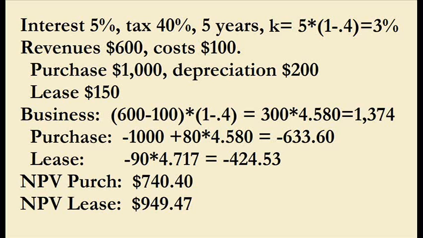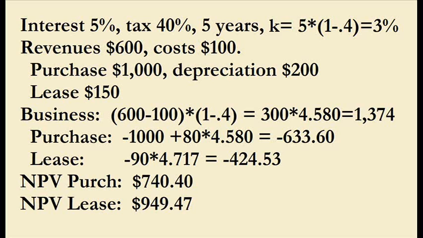We'll get the same factor regardless. Again, 4.717. Multiply it out. The lease costs us minus 424 and change. So let's combine these to get the net present value for opening the business. That's the $1,374 with either the purchase minus 633 or the lease minus 424. In doing so, we get a net present value of the purchase of $740 and change